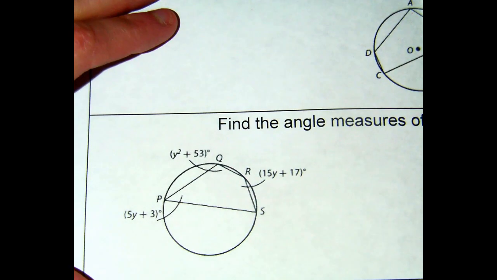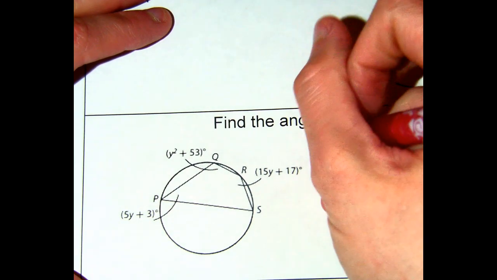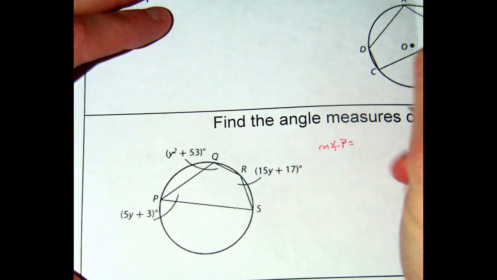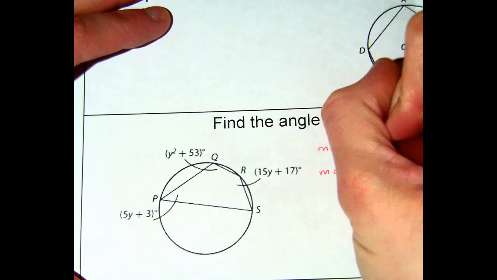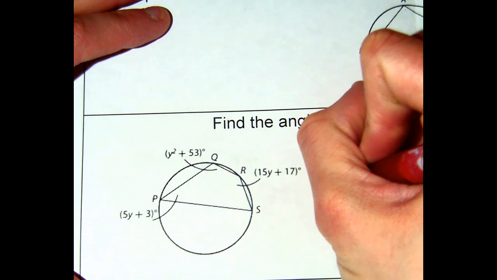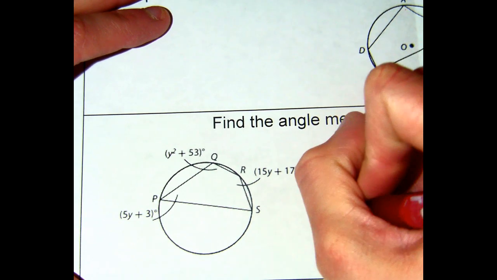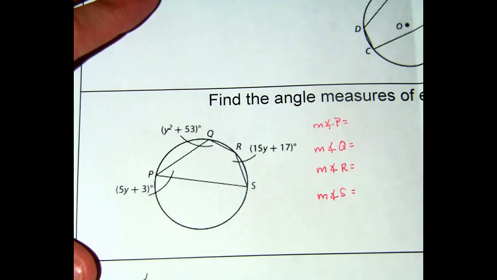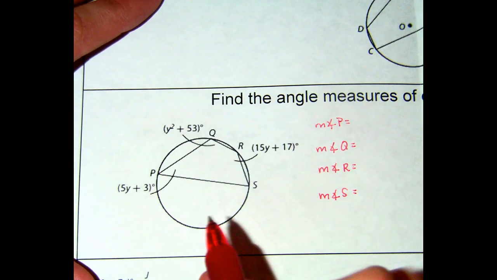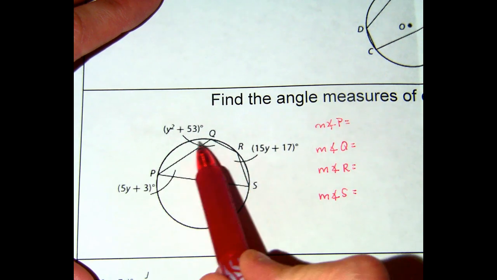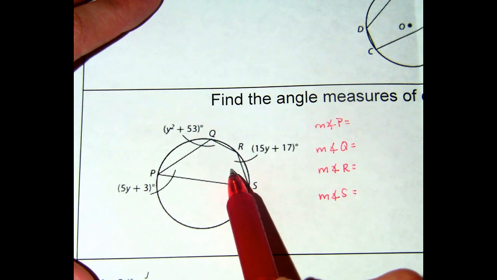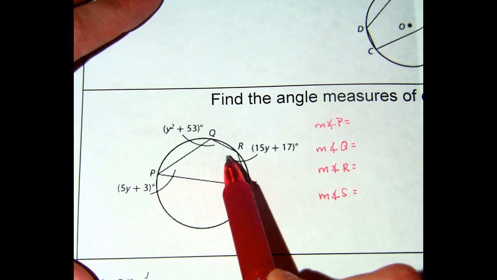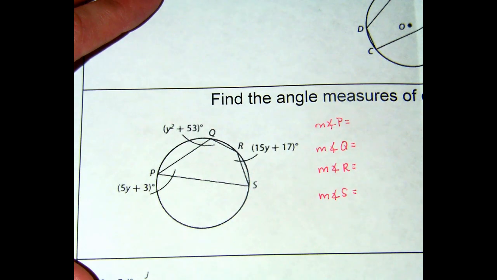It says find the angle measures of each inscribed quadrilateral. So just so you know what we need to find eventually, we need the measure of angle P, angle Q, angle R, and angle S. To find those, we're going to have to set up a formula, and here's what we know. We have two opposite angles here. We do not have the opposite to Q, so we can't set that up. But we can solve for y by saying that the measure of angle P plus the measure of angle R is equal to 180,